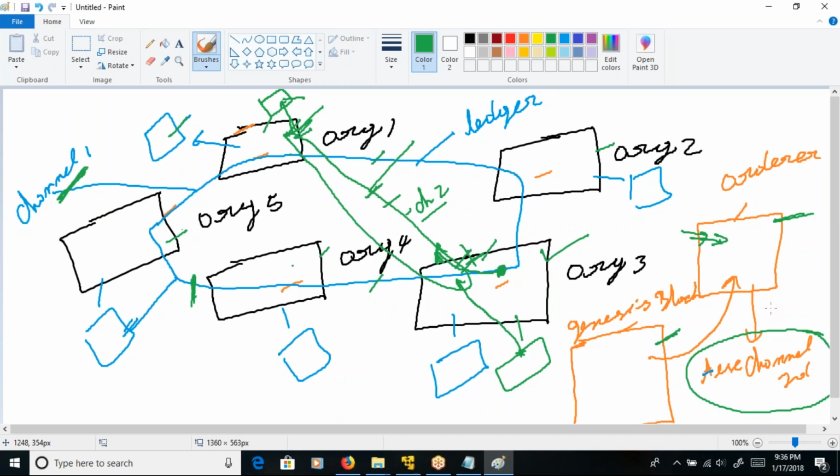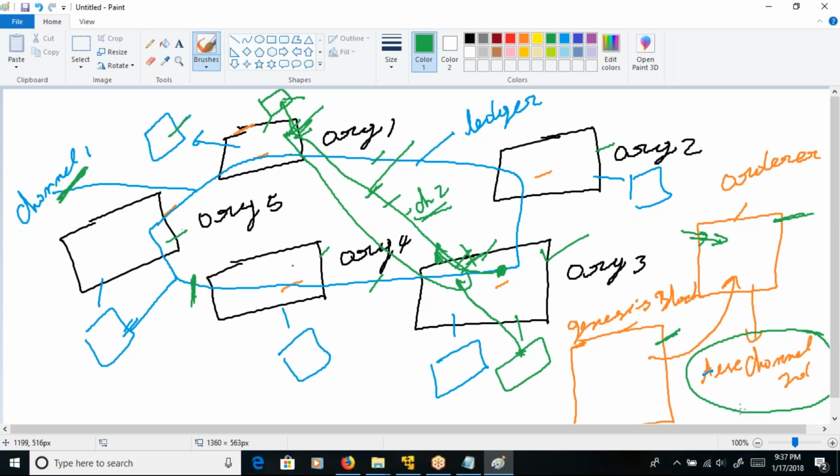So now your orderer has channel transaction blocks: channel 2 has one channel transaction block, and channel 1 has one channel transaction block, and these are the two blocks that have been stored in the test channel ID